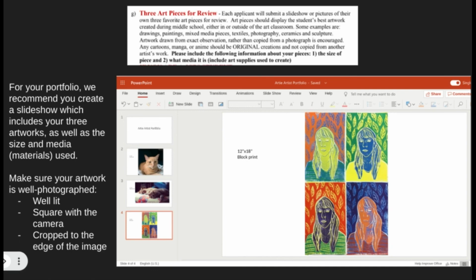Along with your images, you should include the dimensions of your artwork and the media or materials you used. Please also make sure you have taken a high quality image of your piece. Make sure it's well lit, make sure it is cropped